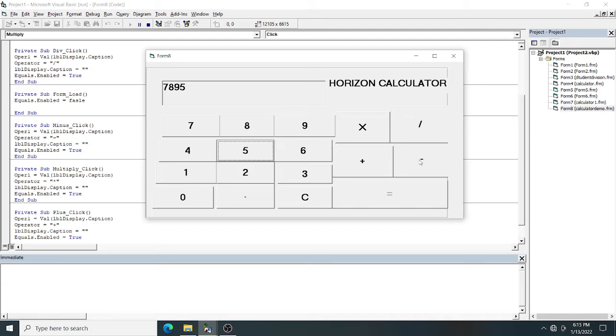Suppose I selected the operator minus. When I click minus, you can see what happened. Operand 1 got stored, first whatever was in the display got stored in operand 1. The operator was selected as minus, and the label dot caption got cleared, it became blank, and equals dot enabled equal to true.